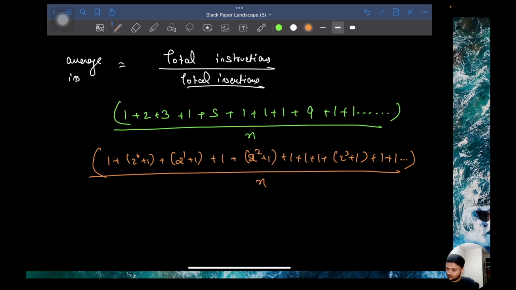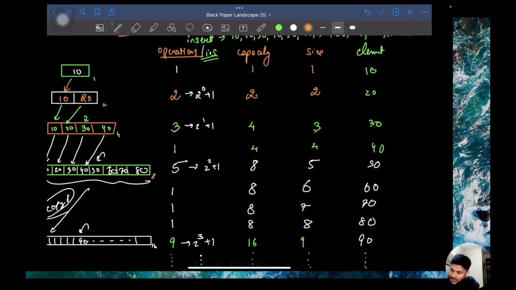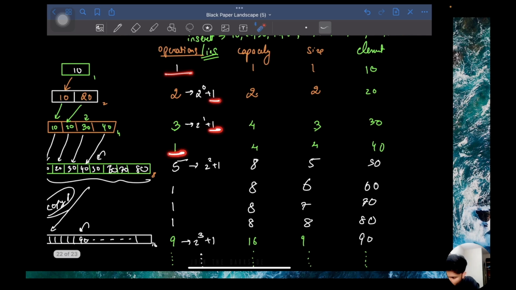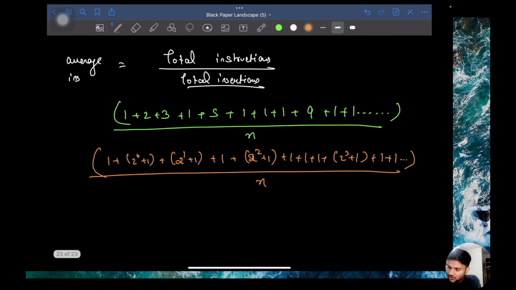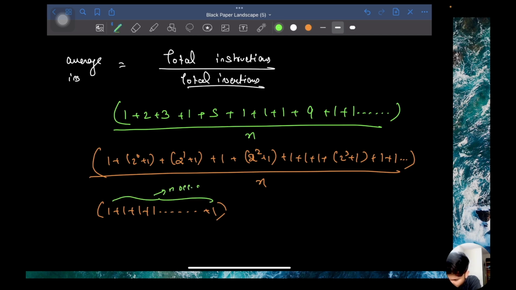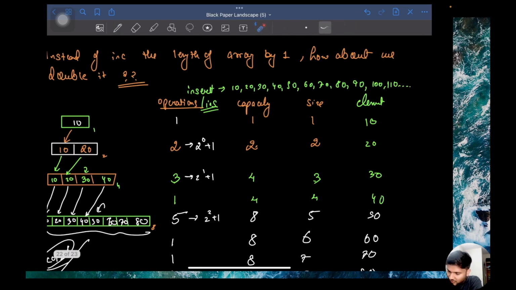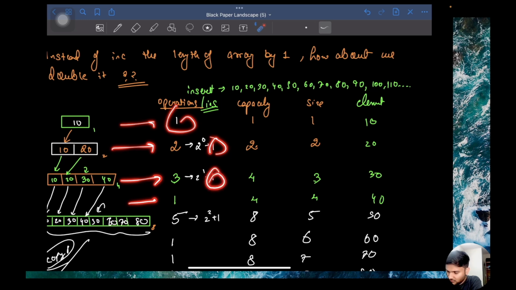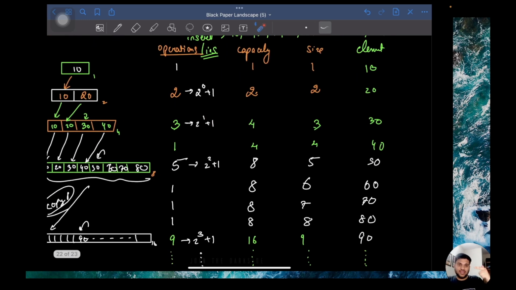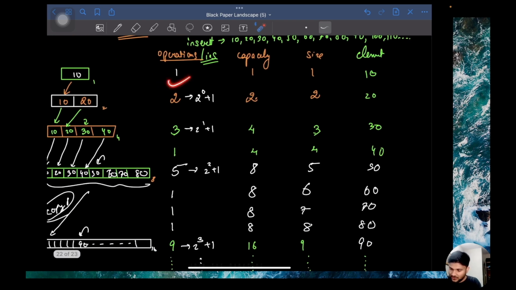Right? Okay. So can I say that in every term, in every instruction, you definitely have 1 as a term. See, 1, 1, 1, 1, 1, 1, 1, 1, 1, and so on. So in every instruction, you have a term of 1. Can I say that? So if I segregate all the ones together, how many ones will there be? Can I say there will be n occurrences of ones? Why? Because in every number you have an occurrence of 1. So if n insertions are done, there will be n terms of 1